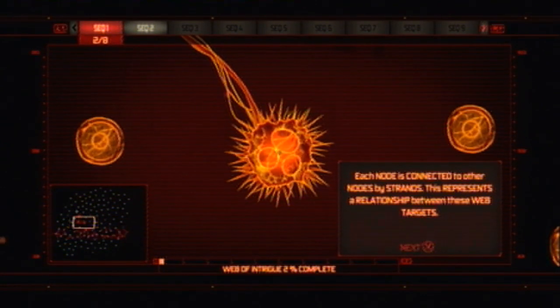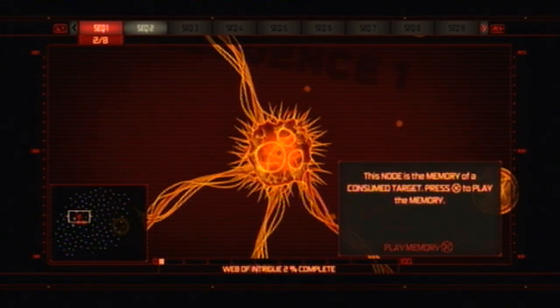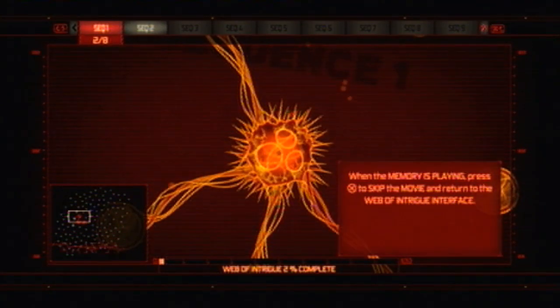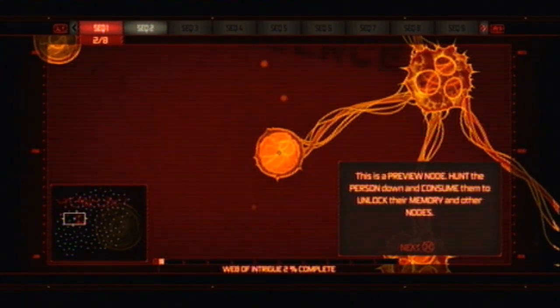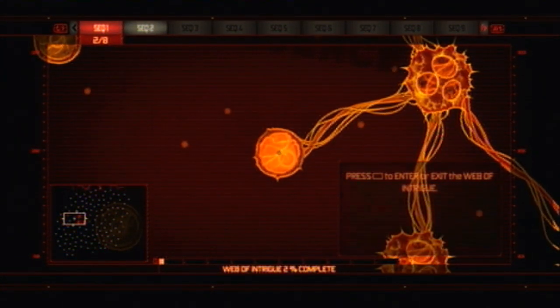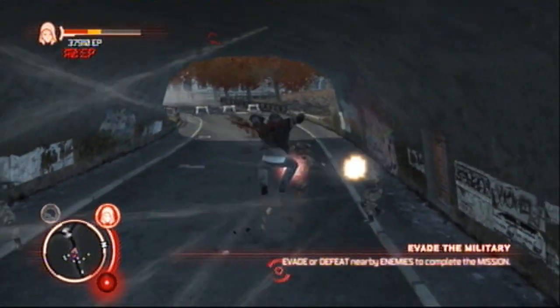Yep, consuming. Each node's connected to other nodes by strands. They represent a relationship between each target. Now we had that, this is our first one. It'll play the memory. It's just going over the memory, we saw this before. Hahaha, you kiss your mother with that mouth person. Have that, and now we just go to different nodes. We will get more things as the game progresses and as we consume more targets. But beforehand,